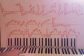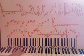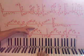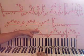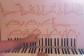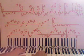Now we're going to have D sharp. Make sure you change your pedal on this second box. So D sharp to begin with for left hand, and then right hand comes in with an A, then a C sharp, and then a D sharp, back to C sharp, back down to A, and then left hand has an E, and then an F sharp. So it's just one note at a time. So this second box is,